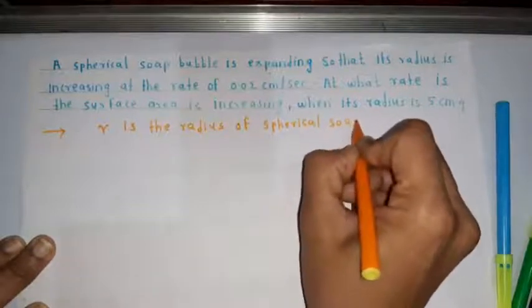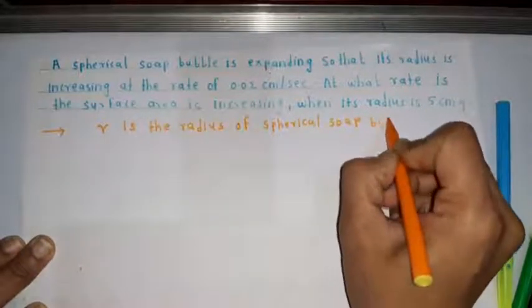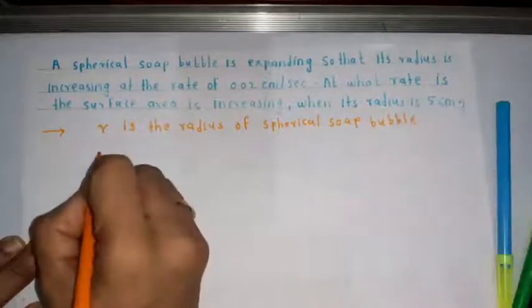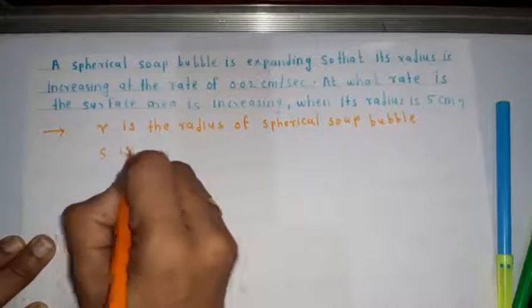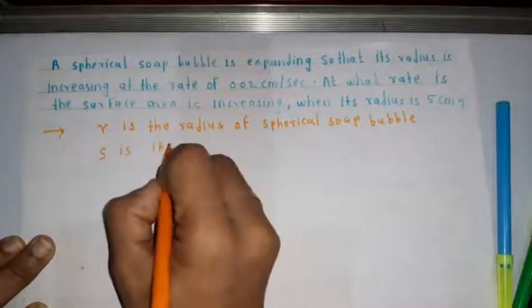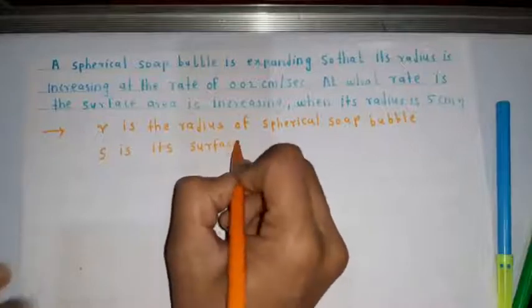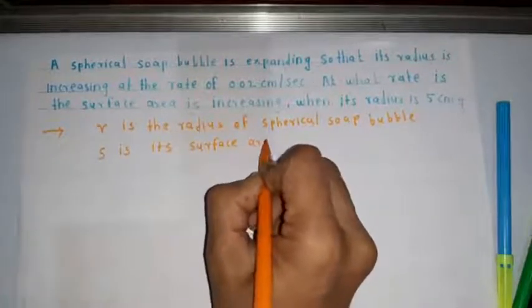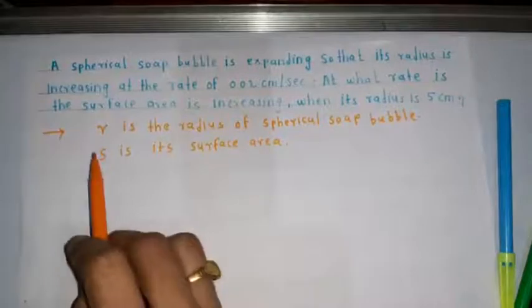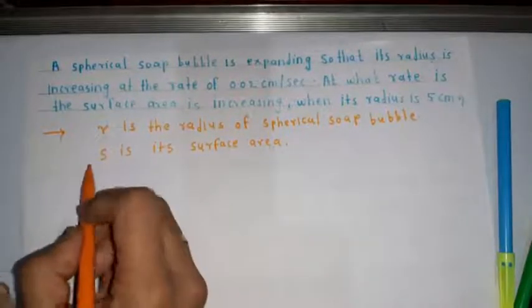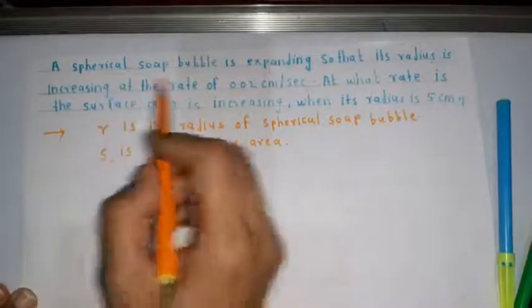Suppose S is its surface area. Okay students, so we denote radius by R, surface area by S, and as R is the radius